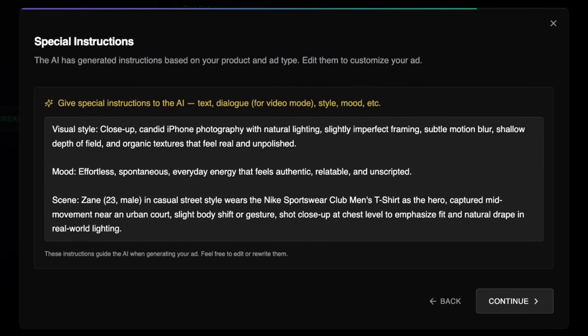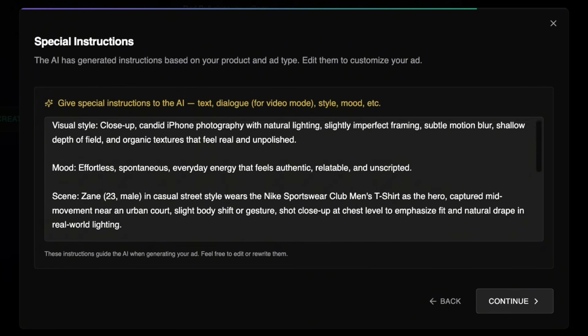Let's read it. Visual style: candid iPhone photography with natural lighting, slightly imperfect framing, subtle motion blur, shallow depth of field, and organic textures that feel real and unpolished. Mood: effortless, spontaneous, everyday energy that feels authentic, relatable, and unscripted. Scene: Zayn in casual street style wears the Nike Sportswear Club men's t-shirt as the hero, captured mid-movement near an